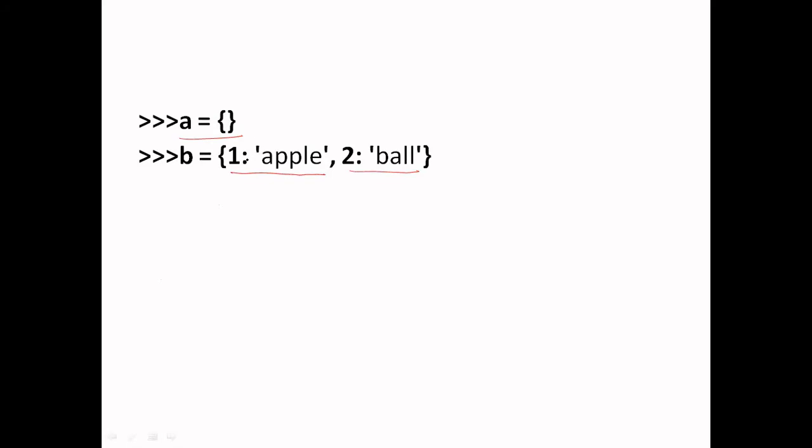And if we have to access the value of an element, we have to use the key. That means if I want to access this value, I must know the key of that value. So I will use the subscript operator and pass the key here, and this will return the respective value.